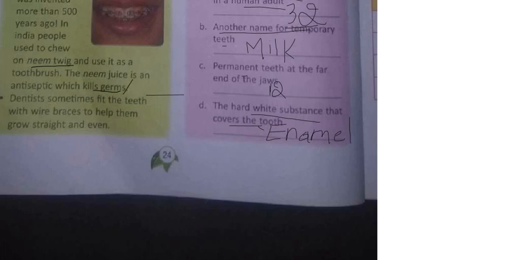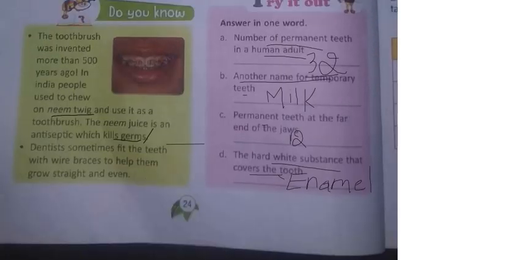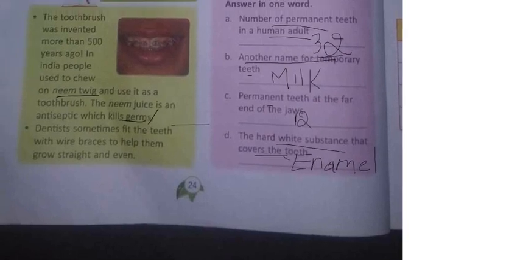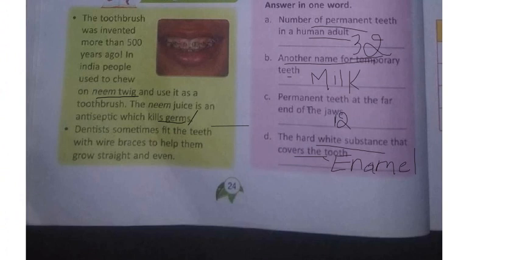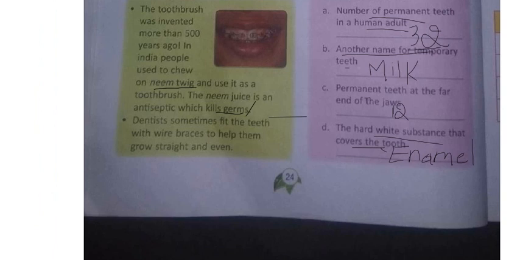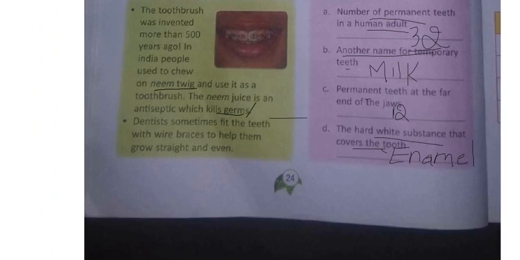Okay, this pic, what is there, you see. See, she kept a tooth set. What will the dentist do? Suppose there are gaps between the teeth and they are not even, not in proper order, one is like this, one is zigzag. The dentist will keep these clips or braces for keeping them all straight and even, and filling the gaps in the middle. The dentist will use these braces or the teeth set.